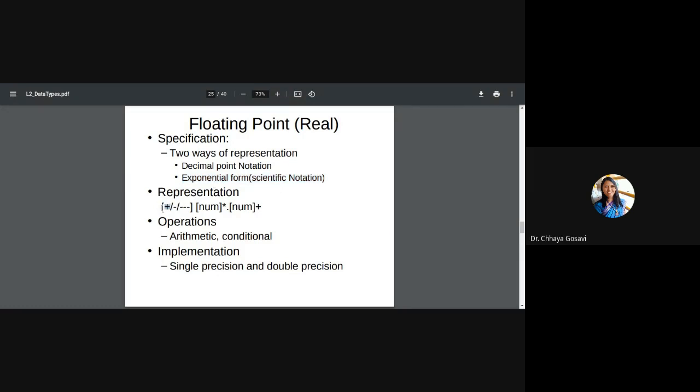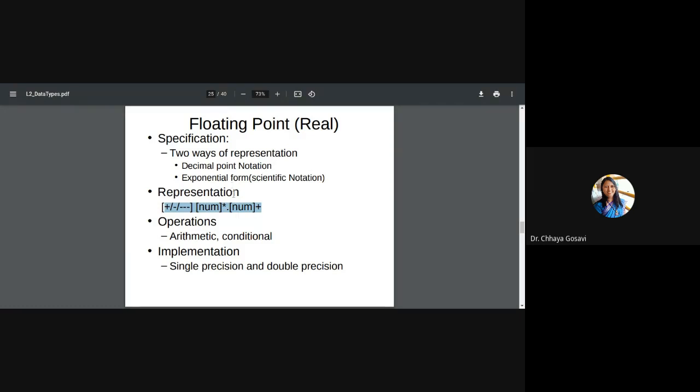Its representation in decimal point form: the sign can be plus, negative, or the sign can be absent. This is null, so this part is optional. Then a number, any value between 0 to 9. A star means closure, 0 closure, meaning this value can be absent. You can define a number as 0.34, so the first part before the decimal point can be absent or null. But this is positive closure: plus means at least one number should be there after the decimal point. So it can be 0.01 or 0.123, etc. This is called a regular expression.